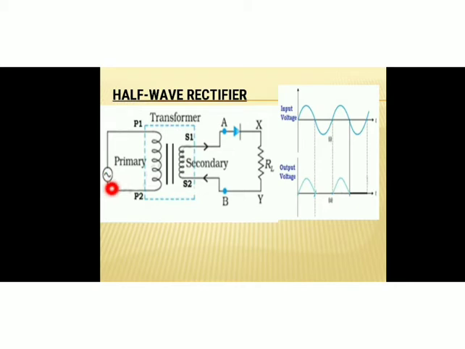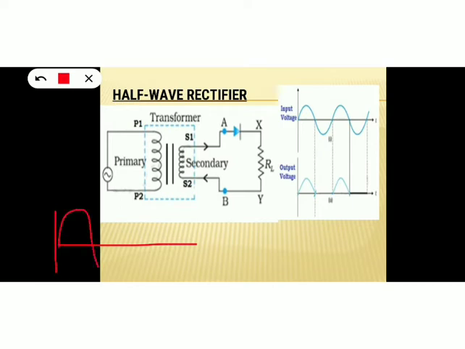And here at the primary coil, that means at the input end, the input signal, that means input AC current or voltage, is provided. And we need to check whether this AC voltage or current is converted to DC. We know that the AC voltage or current consists of a positive cycle like this and a negative cycle like this, isn't it? AC current and voltage can be represented like this. This is the positive half cycle of AC and this is the negative half cycle of AC.